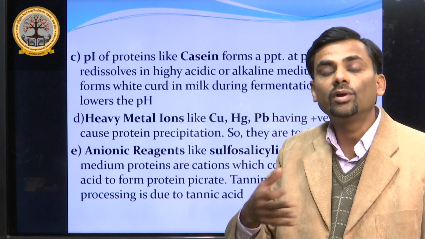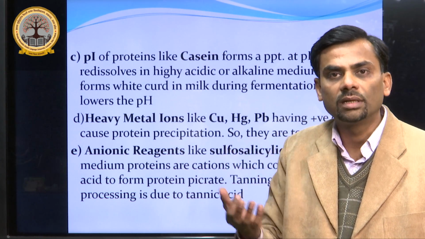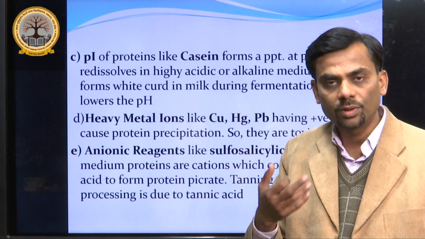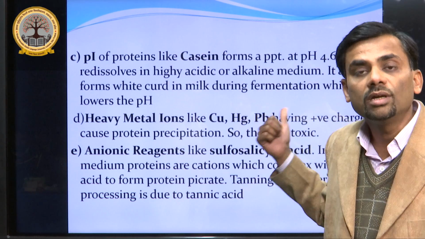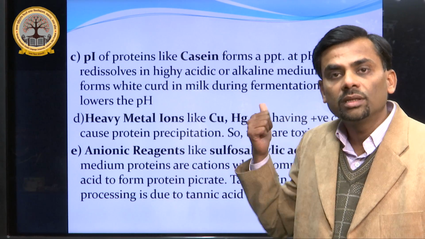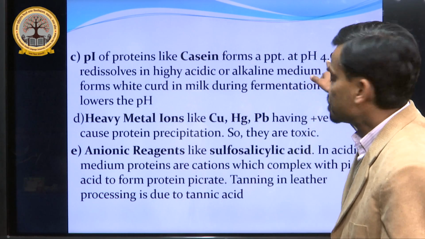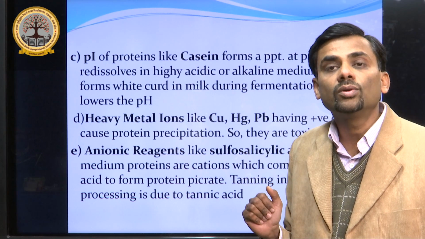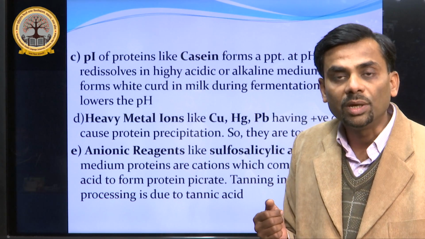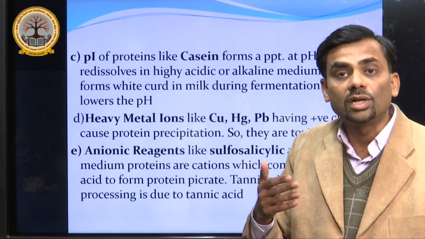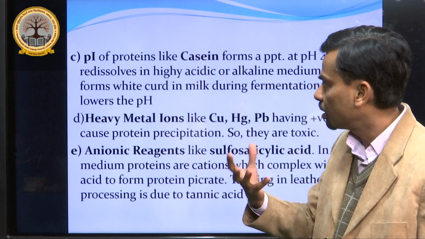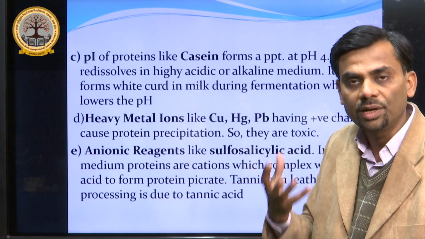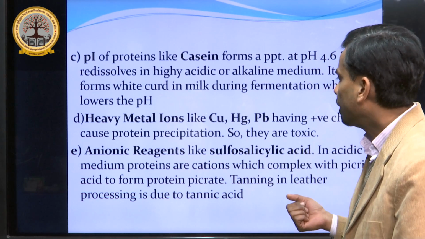Take a very good example. Milk has casein, as 80% of the protein found in milk is casein. This is responsible for curdling of the milk when the milk reaches a pH of 4.6. It is due to lactobacillus, the main agent which causes curdling of the milk, and this casein is responsible for that curdling, making a white precipitate.